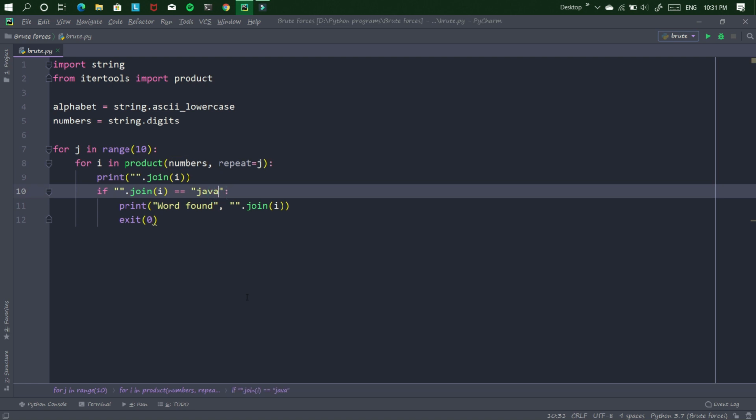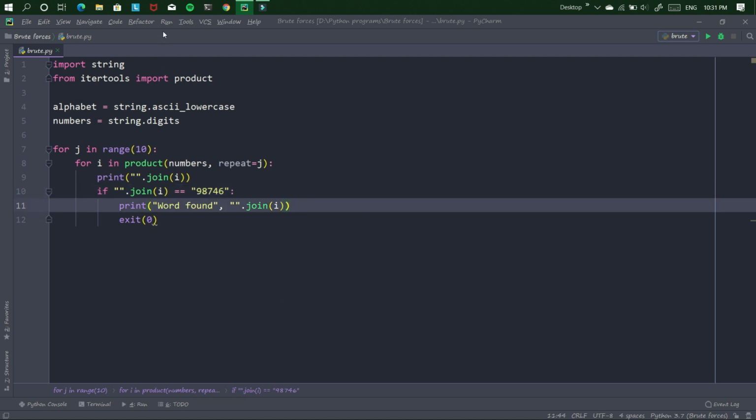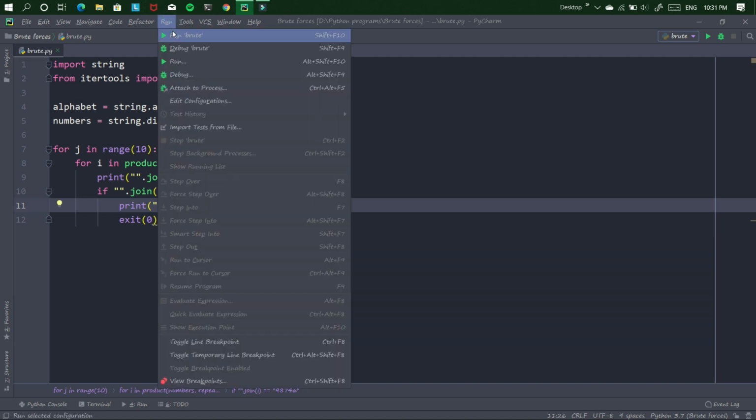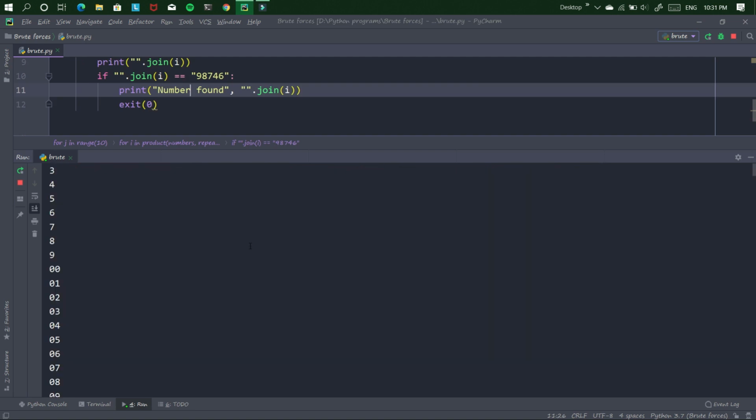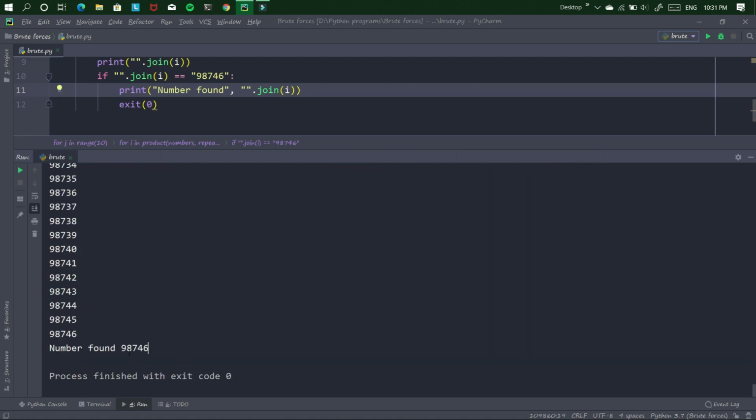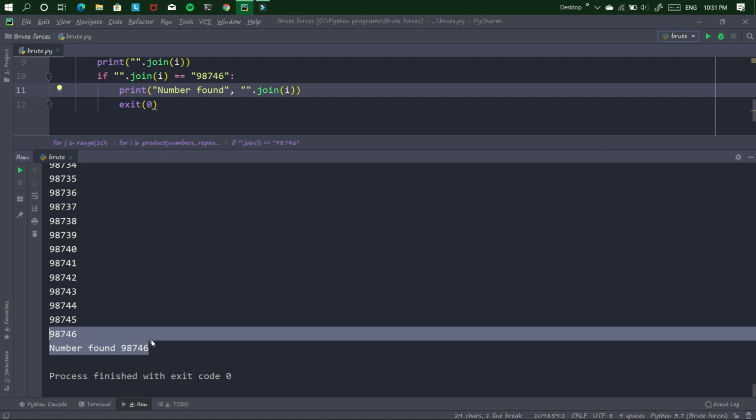Now I write a number in the if condition, 98746. If I run this program, you can see I got the number.